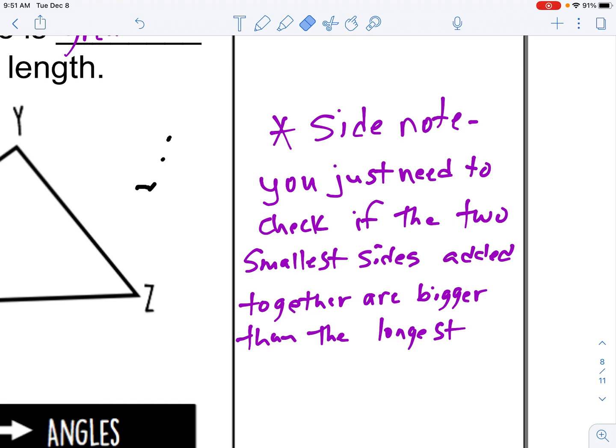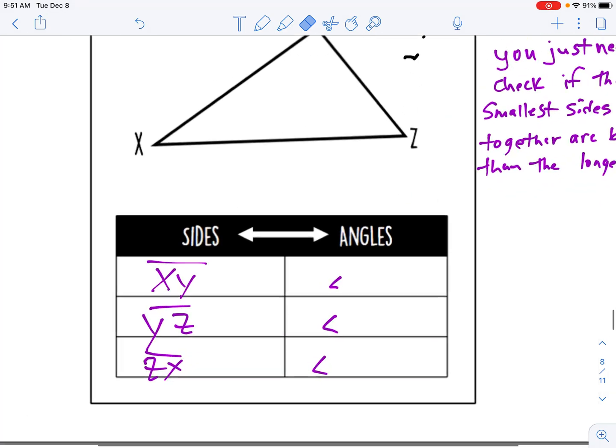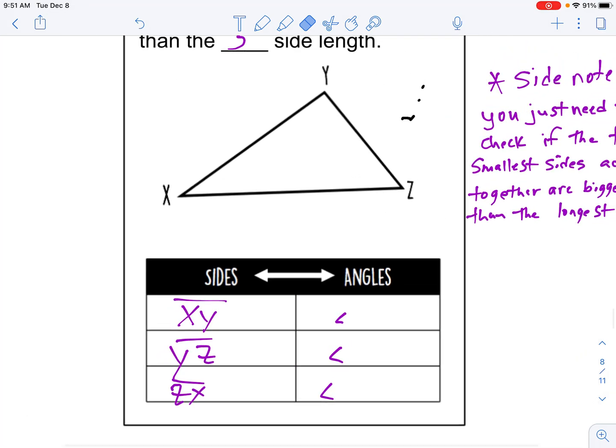That's what we're going to look for. So go ahead, pause if you need to write stuff down. I'm going to go through again. Okay? And then likewise, as we're going through the longest and the shortest and all that, XY is across